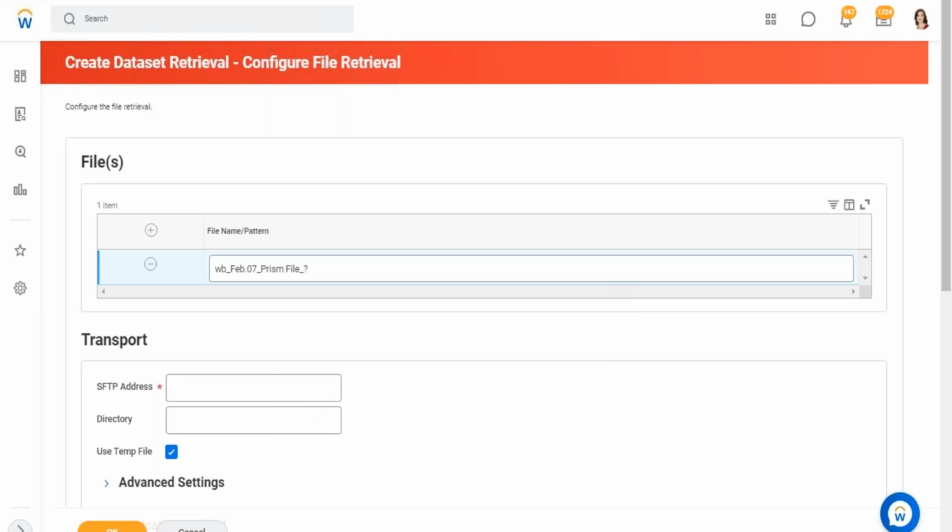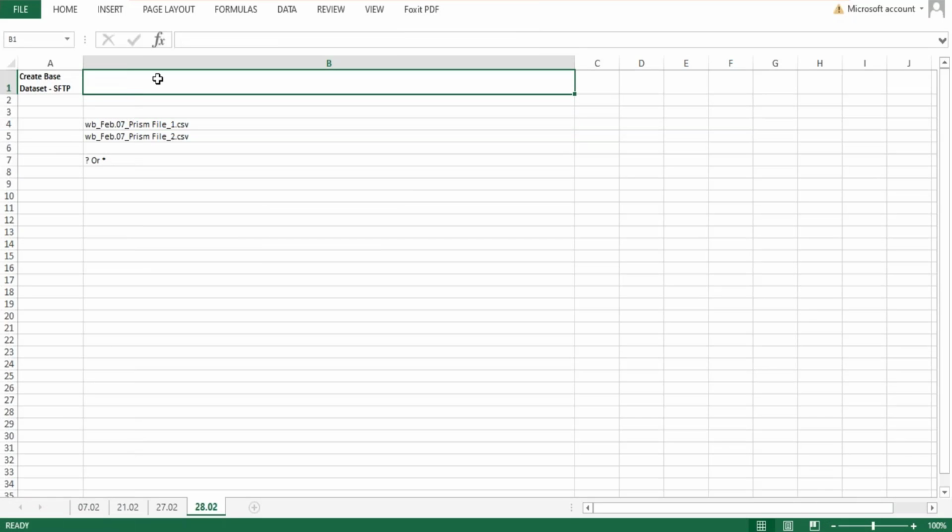So we can put the asterisk at the start as well. Like if our file name has like... Yeah, we can. Yeah, so we can put it anywhere. So you can consume up to a maximum of 1,000 files. Okay. So the idea is you can create a data set